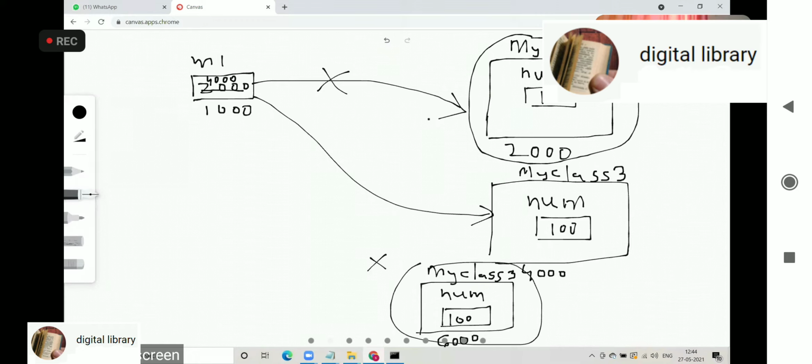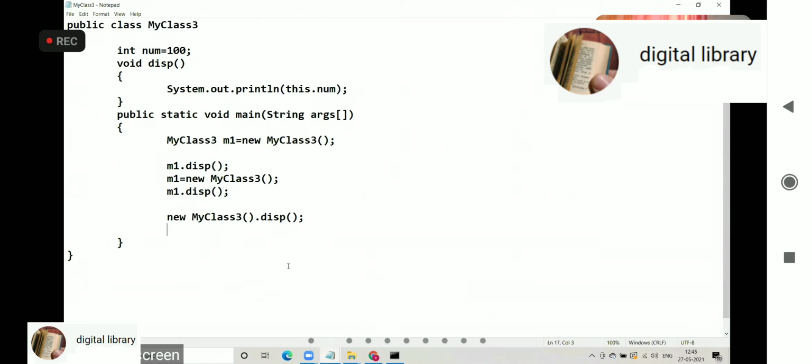An anonymous object is the one which does not have any reference. Since it does not have any reference, when control goes to the next statement, that anonymous object is marked for garbage collection. That's why it is very important to use an anonymous object at the place where you create it. Here only. You can't use this object after the second line, third line, fourth line. You have to invoke that display here itself, because once control reaches the next line, your object is going to go.